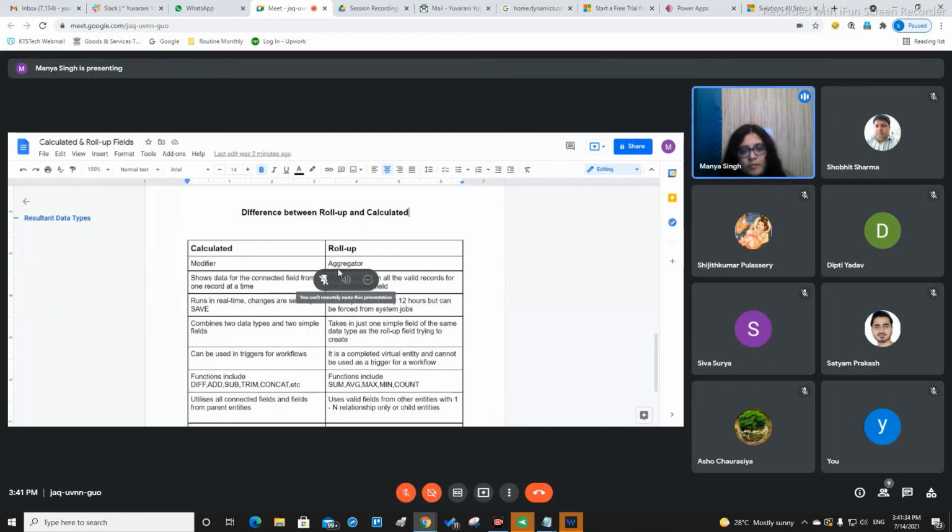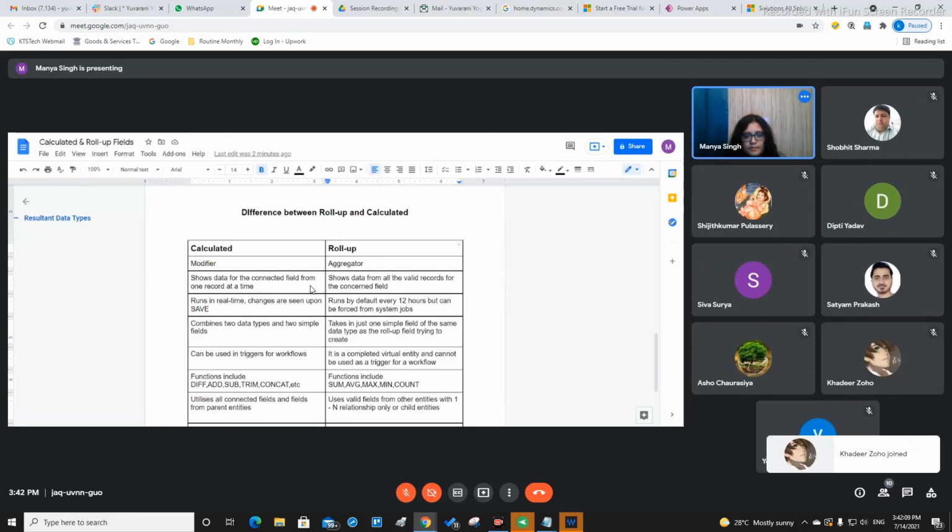But the same cannot be done for a roll-up field, mainly because a roll-up field is completely virtual, okay? It is going to keep on changing and it is associated with fields of a completely different entity. Okay, so right now your roll-up is in department, okay? But the roll-up field is taking data from the salary field of the employee entity. Okay, so there is a relationship between these two entities, and that is why it is able to refer to the data which has been input into the salary fields. Okay,